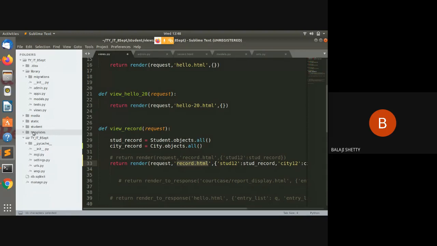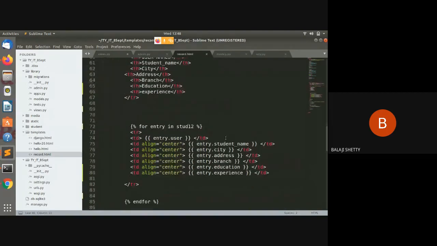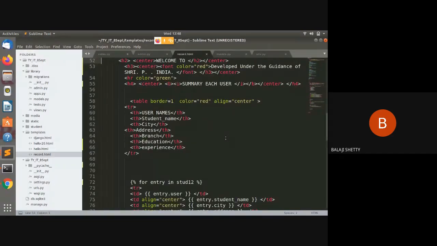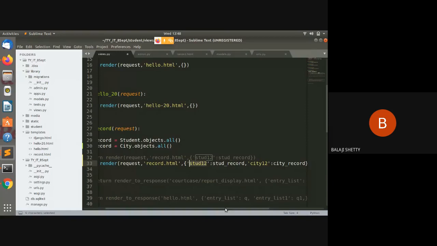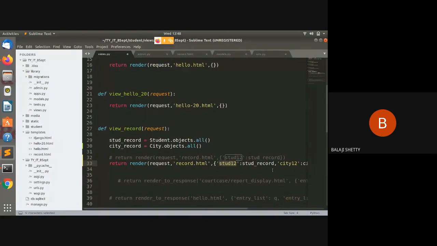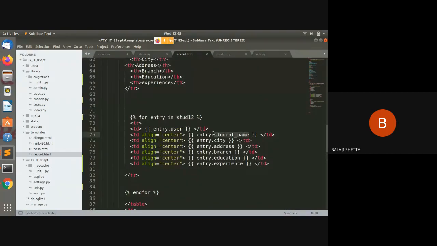Now go to record.html, and this is the record.html. Here I am printing the records from the stud12 table. What is stud12? This is the dictionary attribute stud12, which contains student records, and these are the column names of that model.